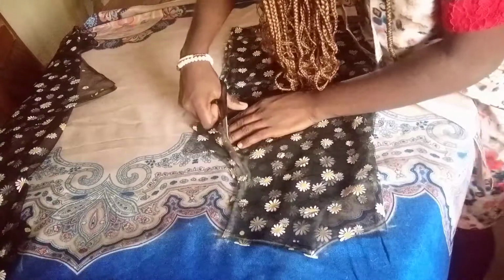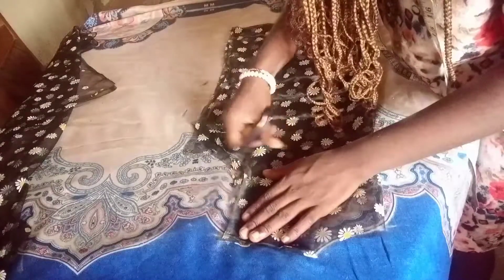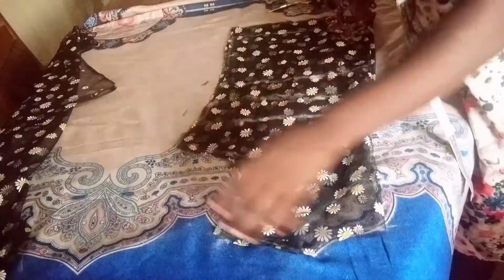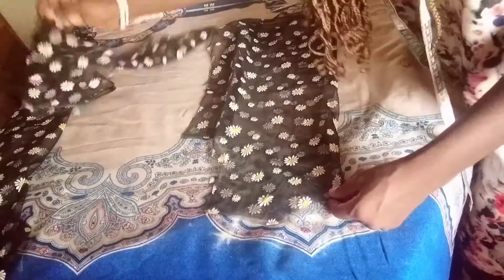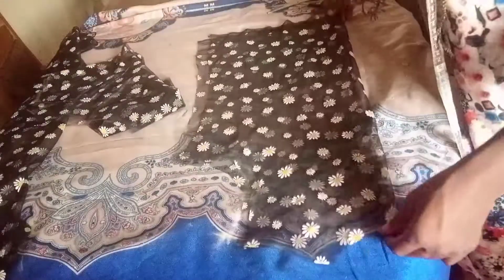Make sure you just do this only for the front armhole. You don't do this at the back. Okay. Then for my back neckline, remember I said it will be having the button. I'll just take off the front. Just take off the front. And I'll arrange the back